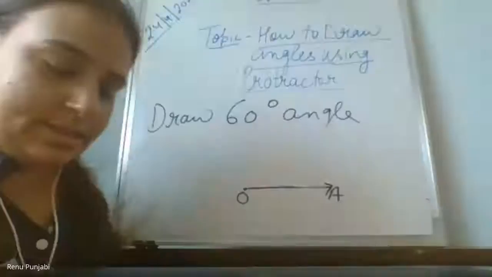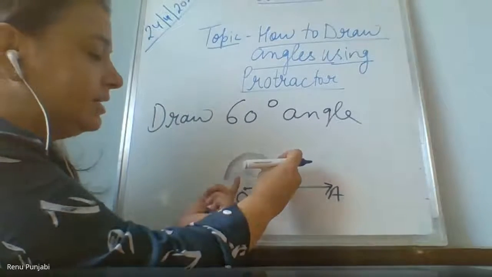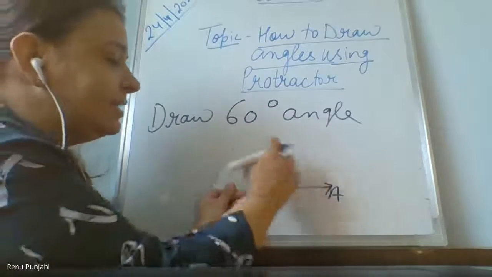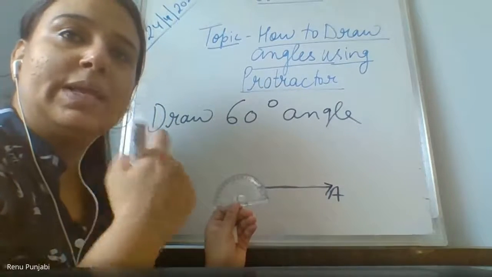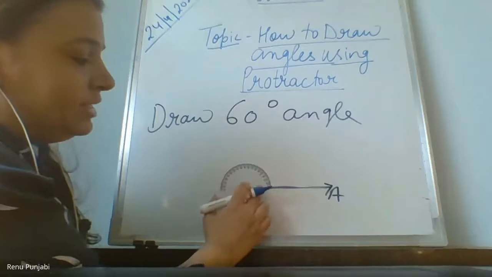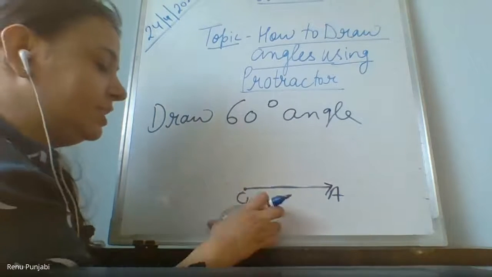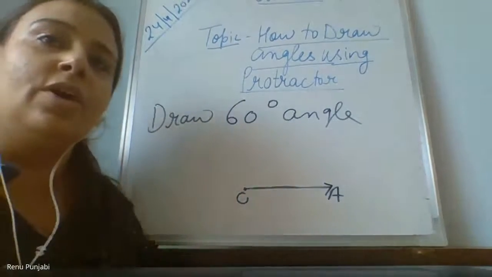My doubt is, how can we find the degree with the angle? So you keep the protractor on this and see where the ray is. Another ray you don't have, so this is your 0 degree. Your ray is going on the 0 only. You don't have any other degree. So it is a 0 degree angle. Got it?